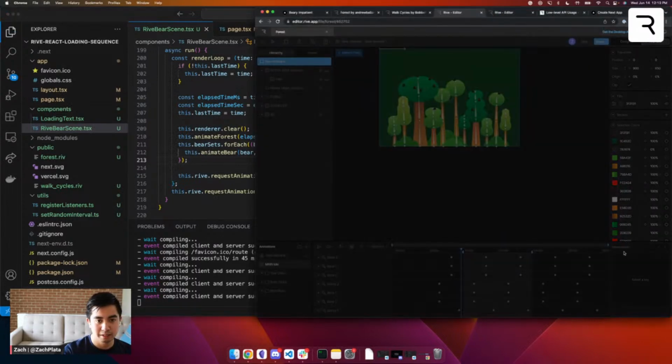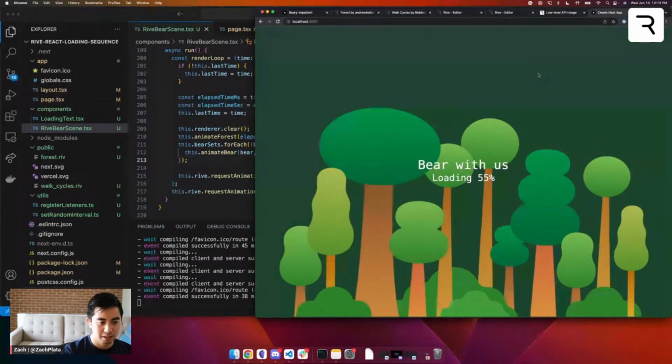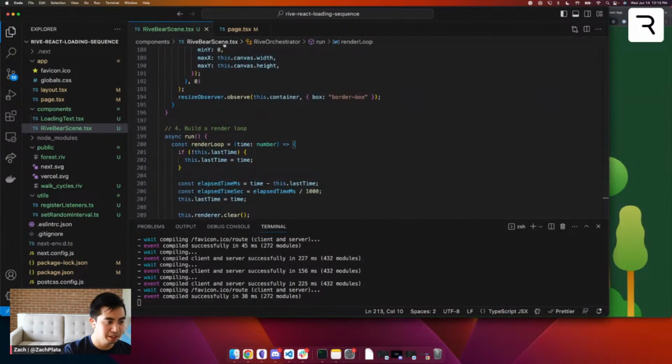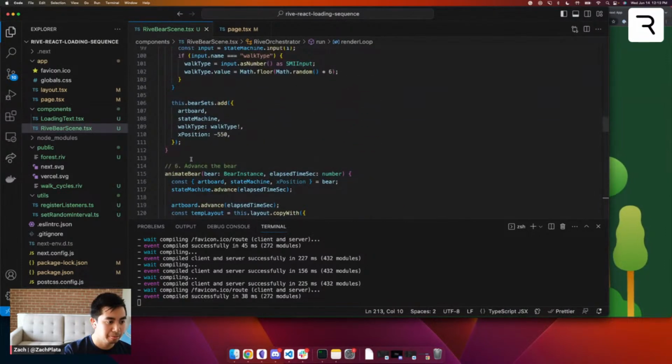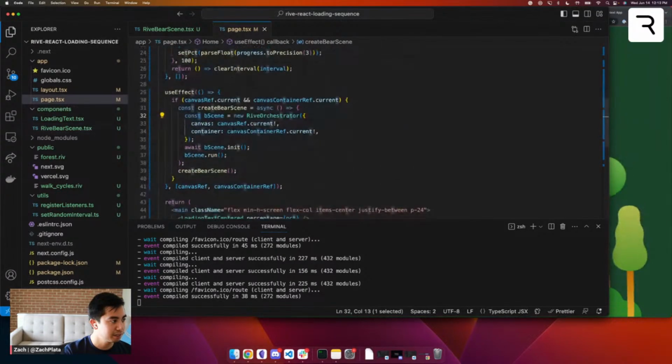Right now, if I play this, we should have some bears coming on screen. Oh wait, actually, I need to add bears. So I'm going to go back to my page component,